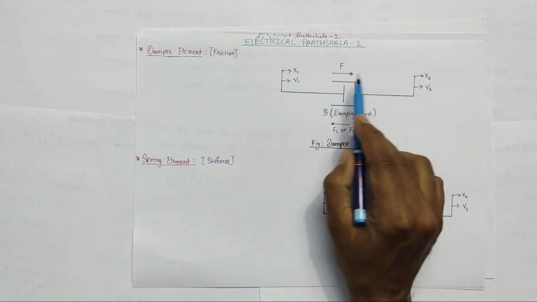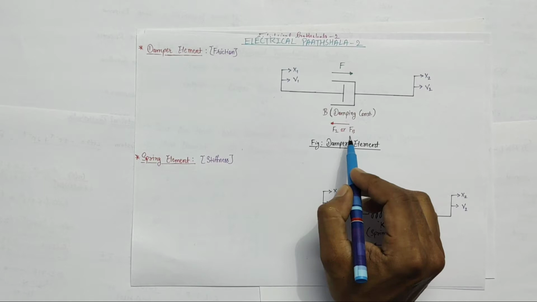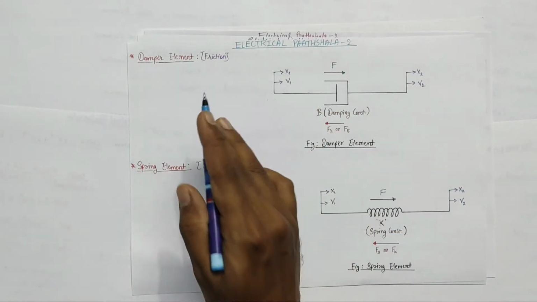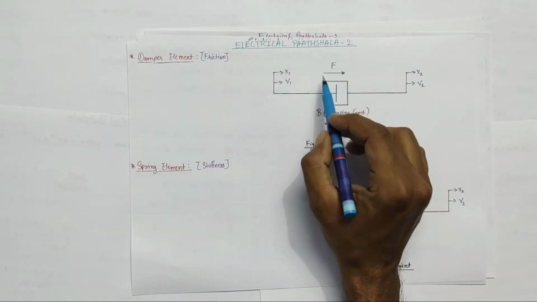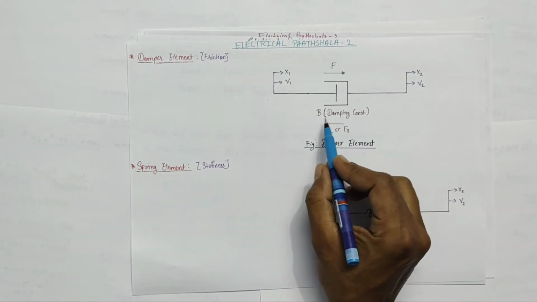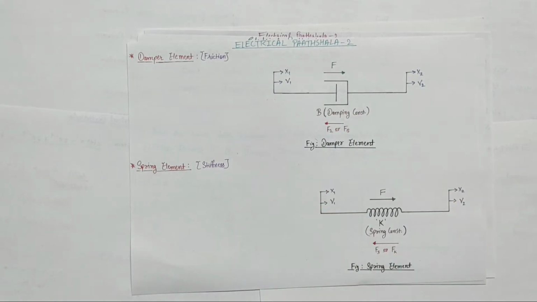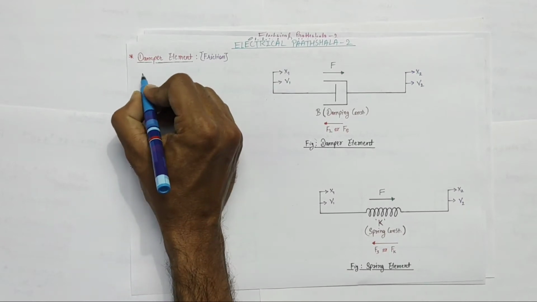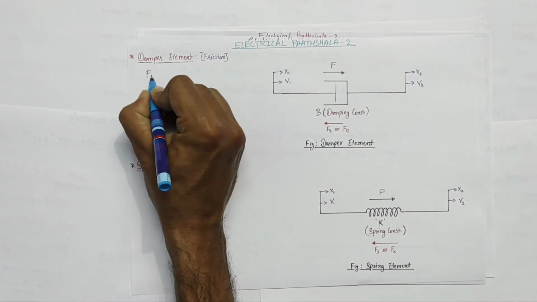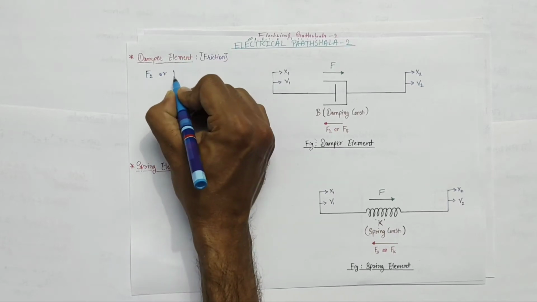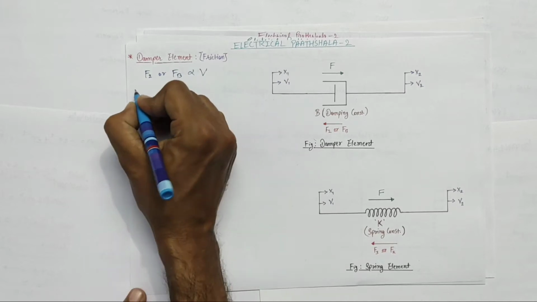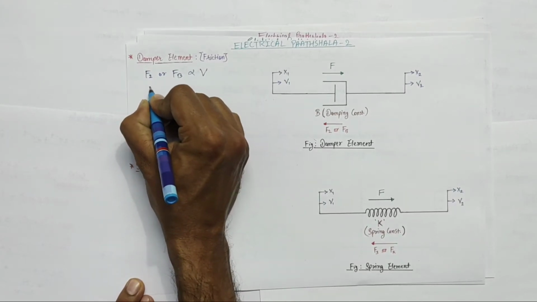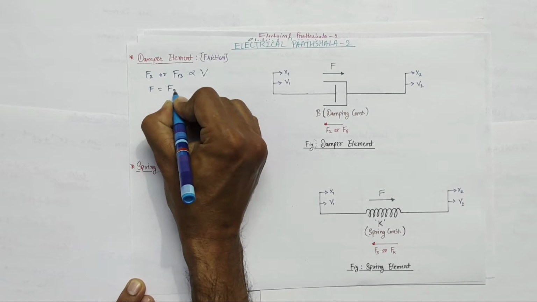So when an external force is applied on a body, then a resisting force F2 or Fb is developed due to this damper element. Now here we are assuming that the other two elements are 0, therefore this resisting force is equal to the externally applied force. And always remember that this resisting force is directly proportional to the velocity. So we can write here that F2 or Fb is directly proportional to v. As the other two elements are not present here, therefore F will be equal to F2.